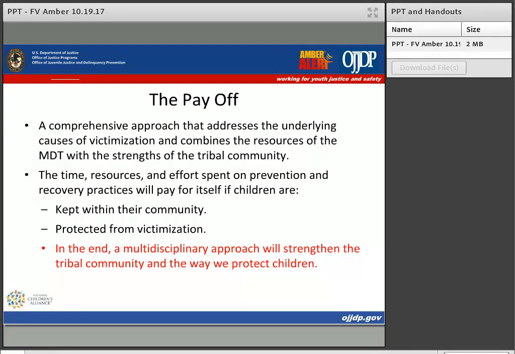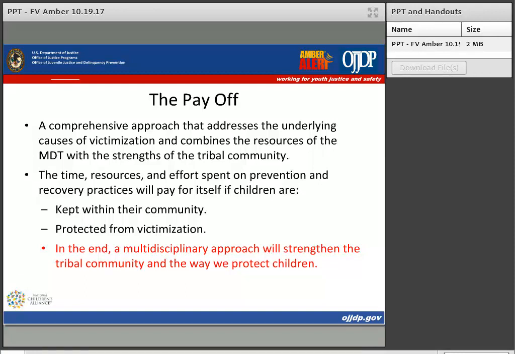There's a huge payoff here. The MDT brings that comprehensive approach that addresses underlying causes of victimization. There's so much need for that in these communities. And when you can combine the resources of an MDT with the strengths of a tribal community, that's where it comes together, and that's where we create this